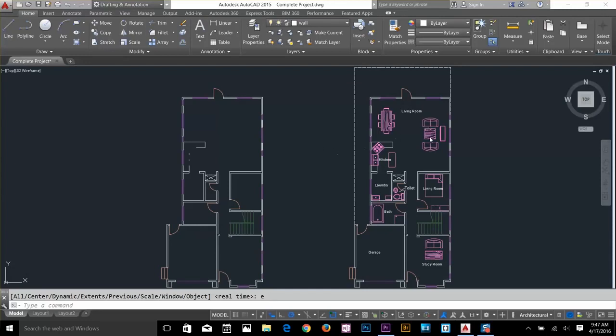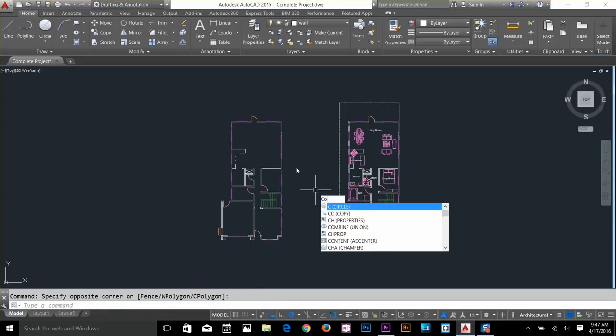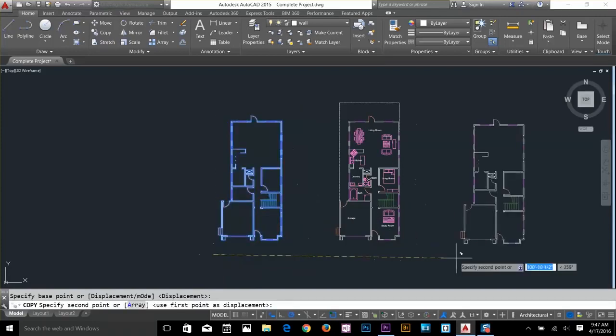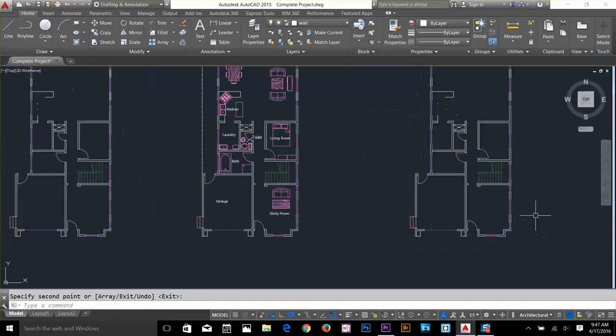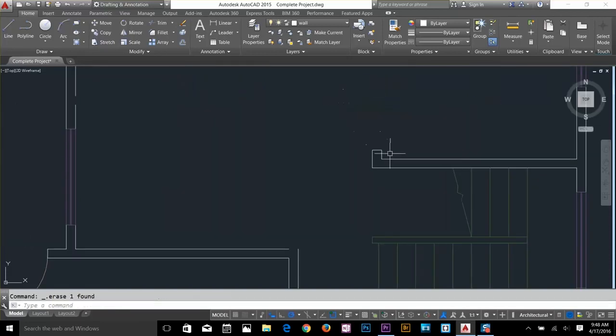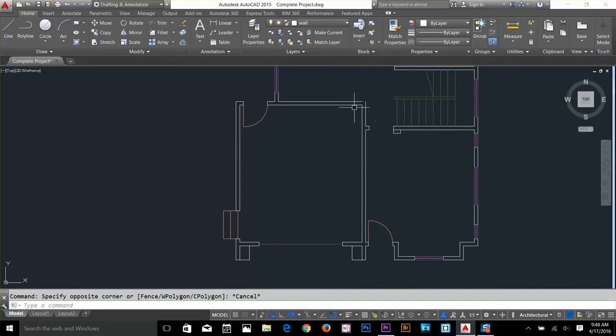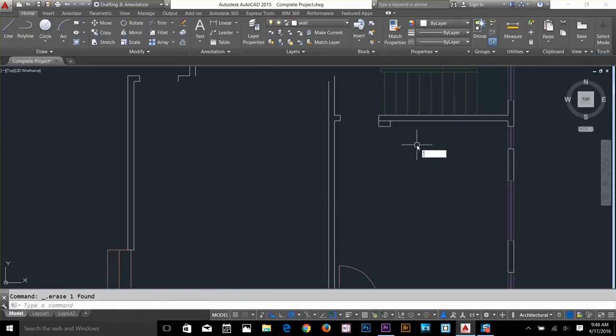Alright guys, I've got my ground floor done, and I've got a backup copy here. So what I'm going to do is make a copy of my ground floor and clean up a little bit and make it ready for my first floor work. So you gotta get rid of all of these lines first, get rid of this room as well, except the stairs, because stairs is going to be the same. And just grab the line and then use your fillet command. Alright, and that room would be gone actually, so I'm going to delete this line, get rid of this door, and I'm going to extend